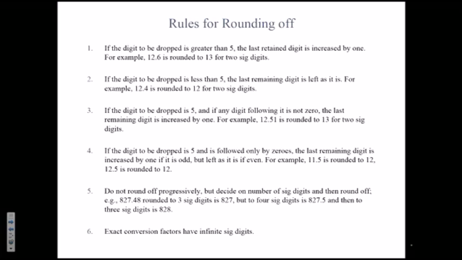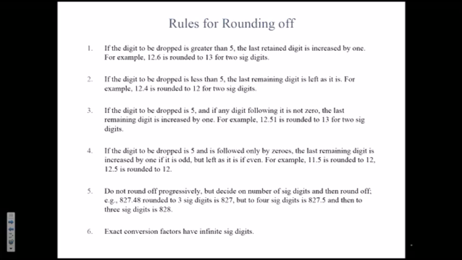If the digit to be dropped is less than 5, the last remaining digit is left as it is. So if you have 12.4 and you want to get rid of 4, because you have to round it to 2 sig digits, 4 is less than 5, so the answer is 12. Okay. If the digit to be dropped is 5, and any digit following is not 0, the last remaining digit is increased by 1. So if you have 12.51 and you have to round it to 2 digits, you have to drop the 5, and 1 is not 0,